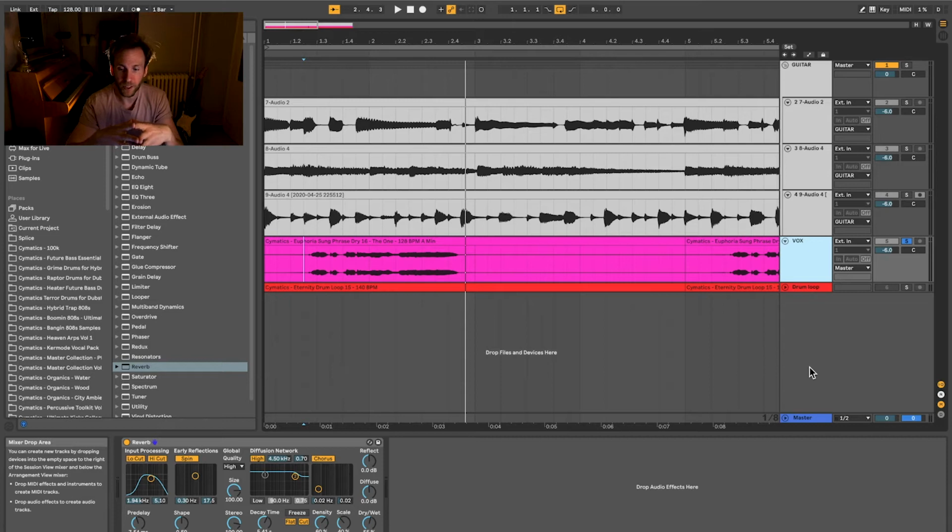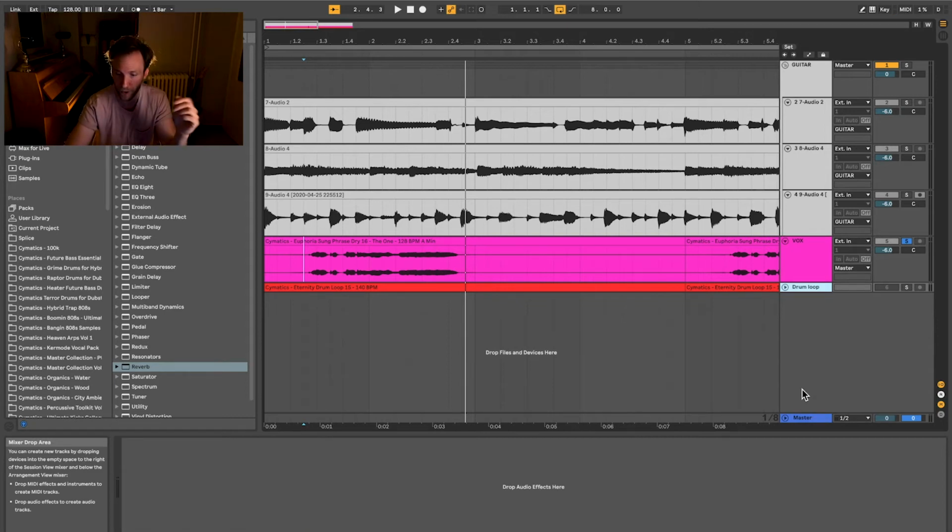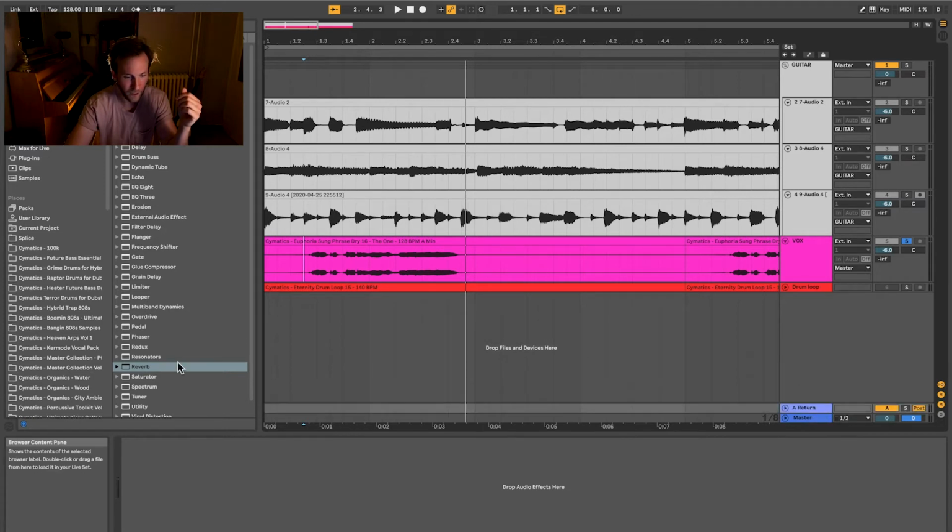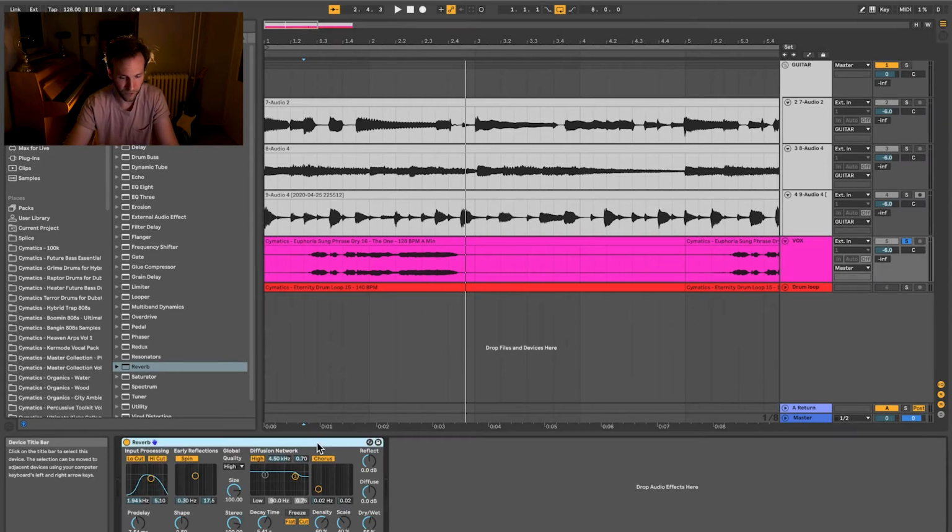But you can use it as an aux reverb or a return track. So let me show you how we do this. In Ableton you want to right click, and then insert a return track, and on this return track, let's now insert the very same reverb. So now I'm holding down Alt and moving the reverb around because now I have copied it here. I'm going to mute or deactivate the reverb on my Vox track.